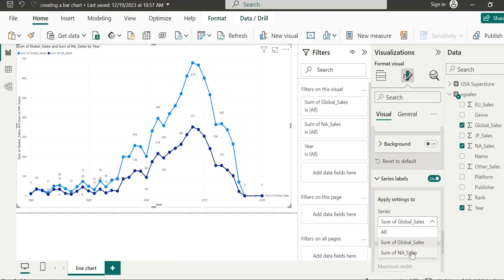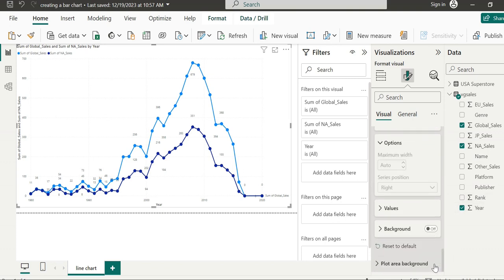You can explore many things here. For example, if I want to increase the font size of the value from 9 to 11 or 12, I can do it here.